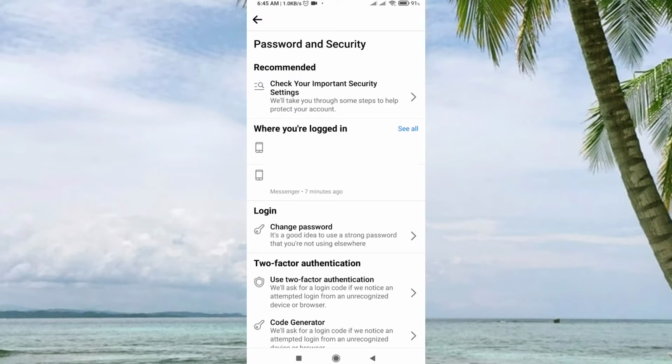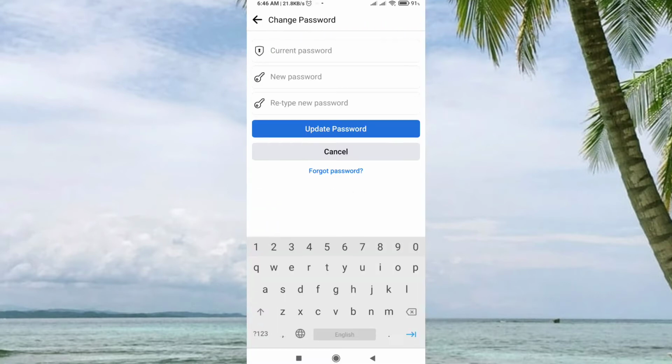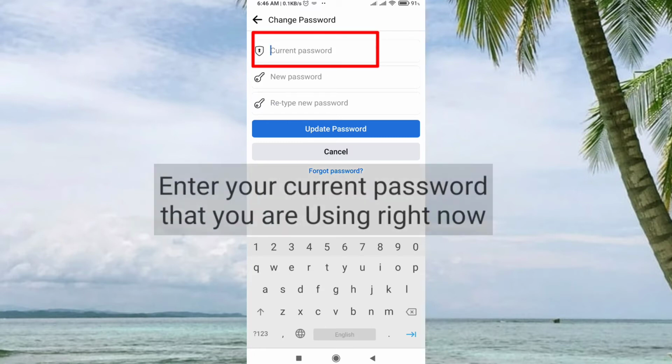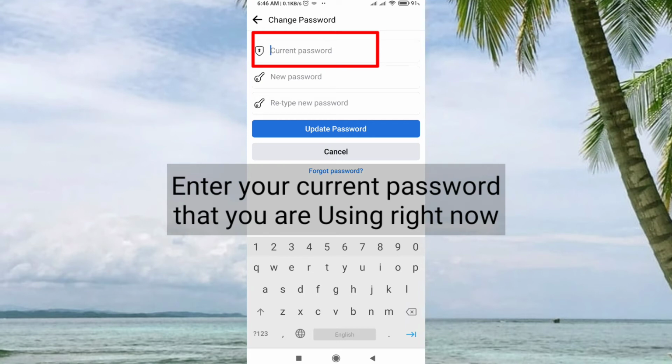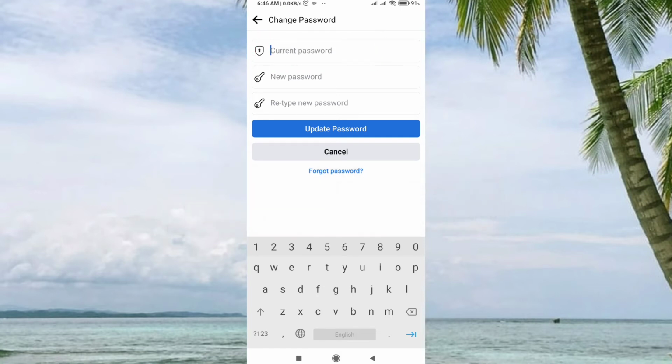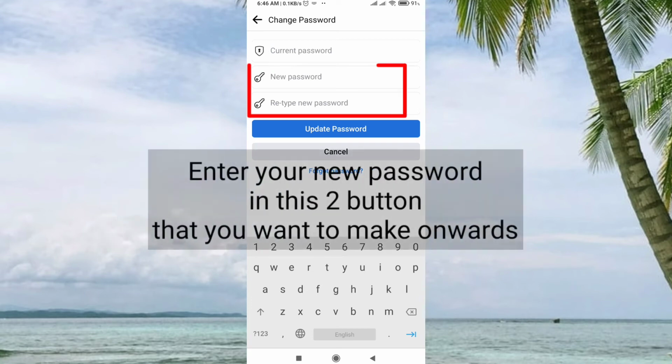From here, Change Password, and on this first option, you have to put your current password. Okay, that's the old password or current password. And in the second option, with the key icon, you have to enter the new password that you are going to change to. Okay, again retype your new password,